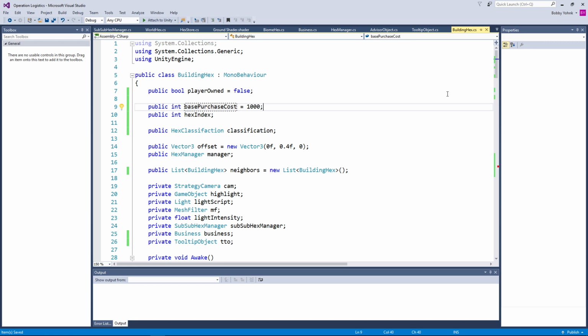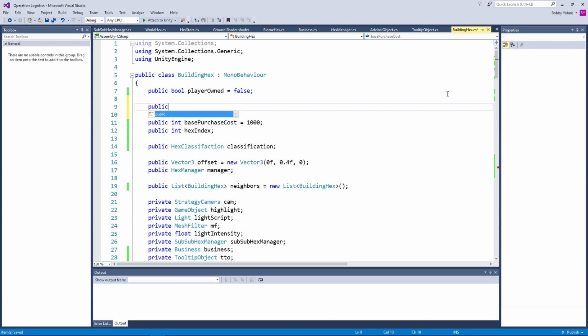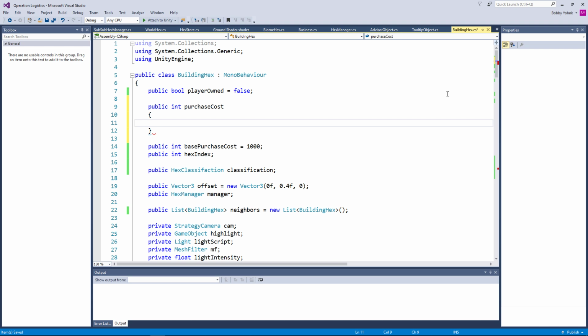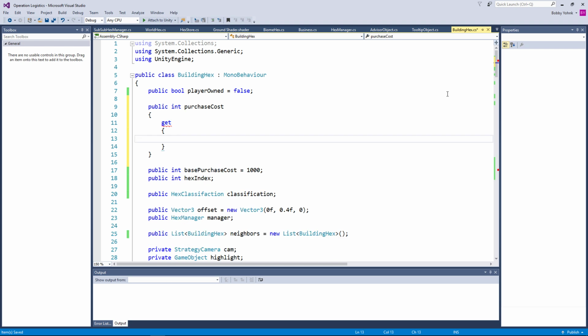And I'm going to do a public int purchase cost, and we're just going to do a get. Like that. Yeah, it doesn't return a value. That's fine. For right now, it could return the base purchase cost, but I think it's just going to do